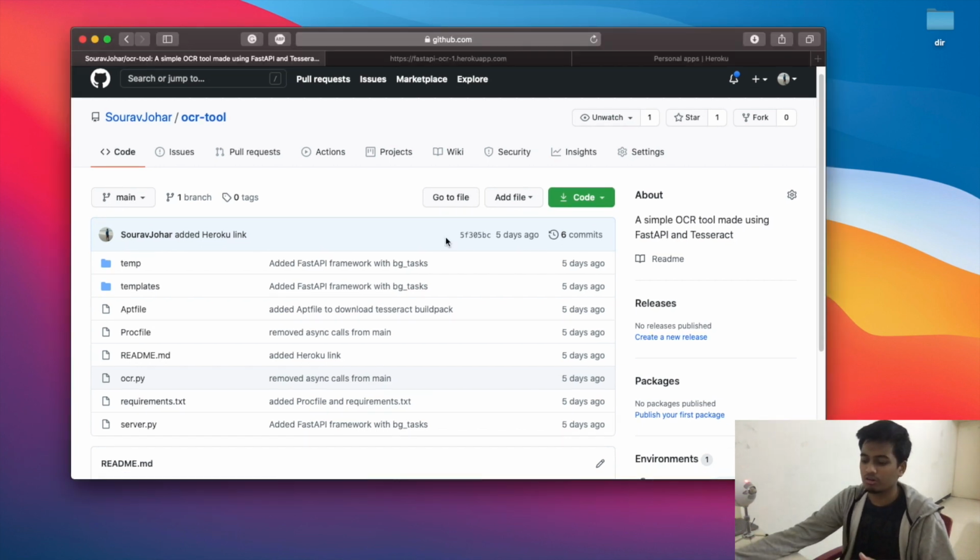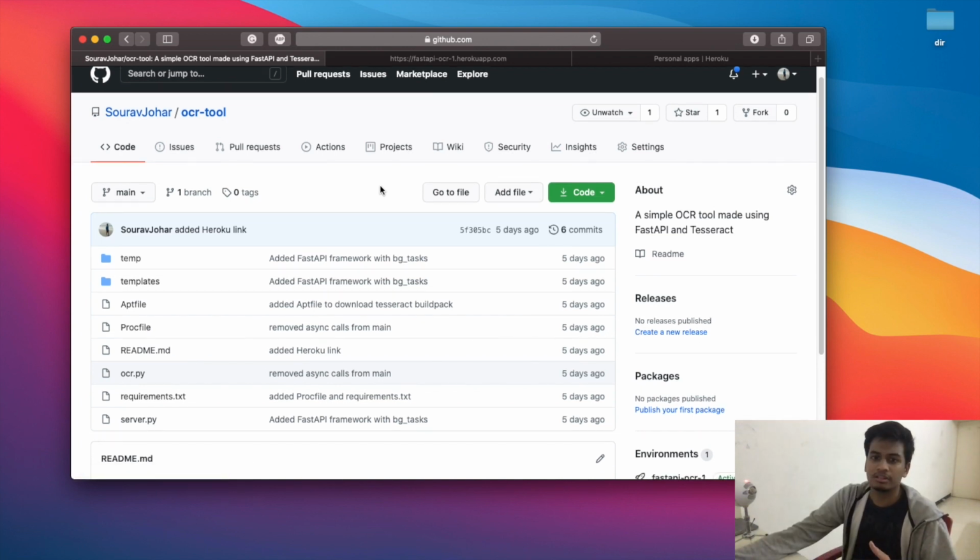So Heroku.com is a free virtual infrastructure provider, and you can basically deploy any application onto Heroku for free. However, there is also a premium plan available, but the most basic one is definitely free of cost, which we will be using today. So to deploy your application onto Heroku, you just need two prerequisites.